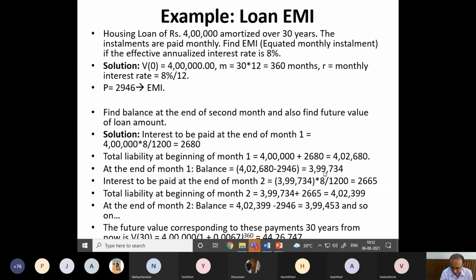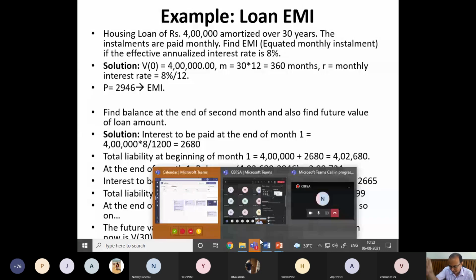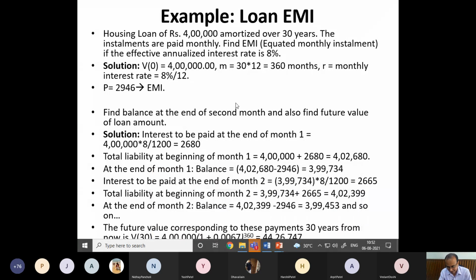So at the end of 1 month, you will get 3,99,734 balance outstanding. Then in the second month, the interest is calculated on this amount. So you calculate the interest, then subtract the EMI from the entire amount, but add this interest amount, right? So you will get this much as your balance. So you see, this is the trick, right? This is the trick. And by doing this in an Excel sheet or in a program, you will get a complete chart, how much interest, how much principal I am paying every month, and how much is my balance outstanding, and then finally a future value, right? So that is the entire structure.